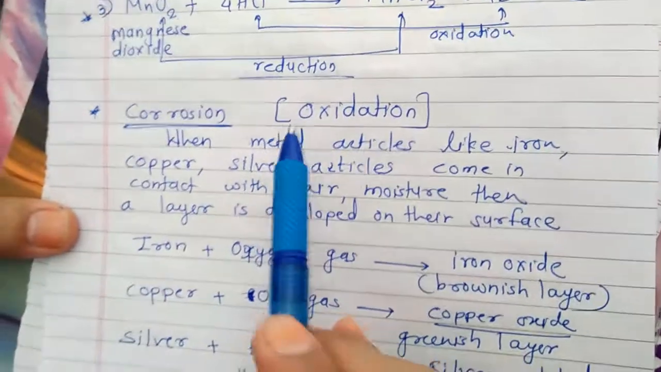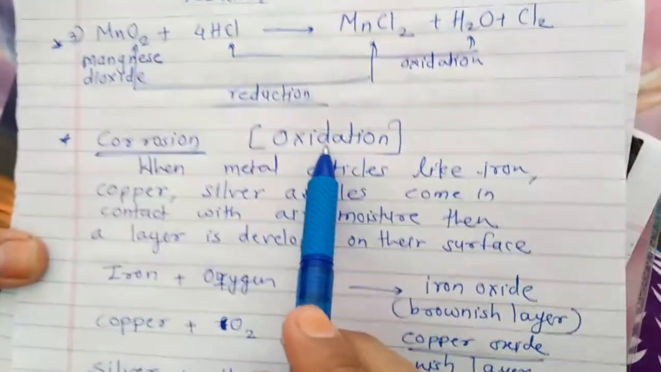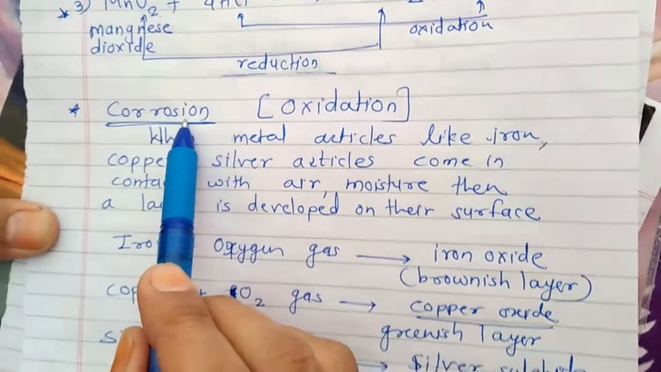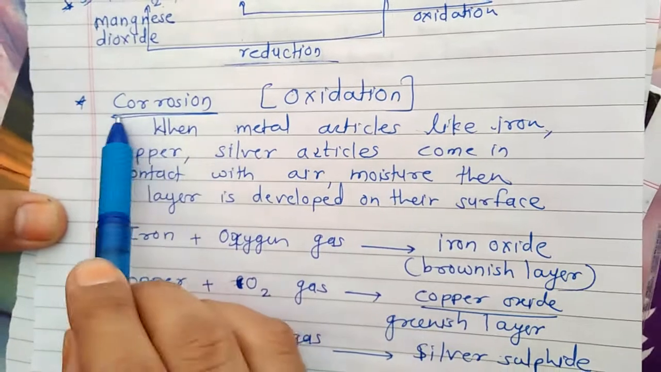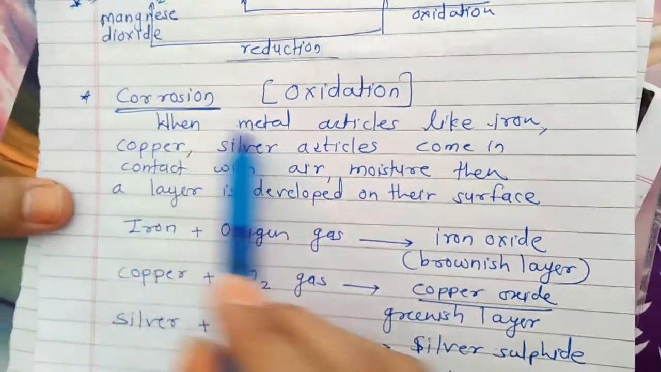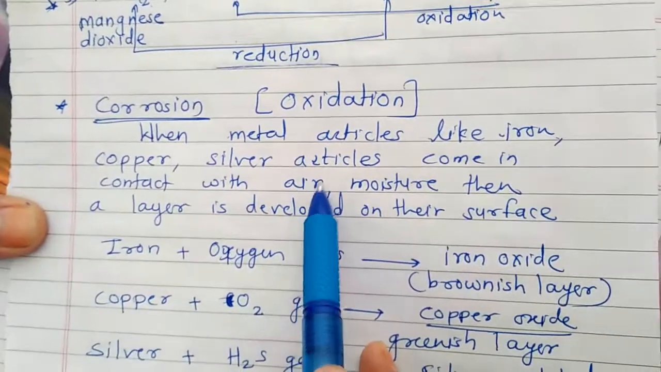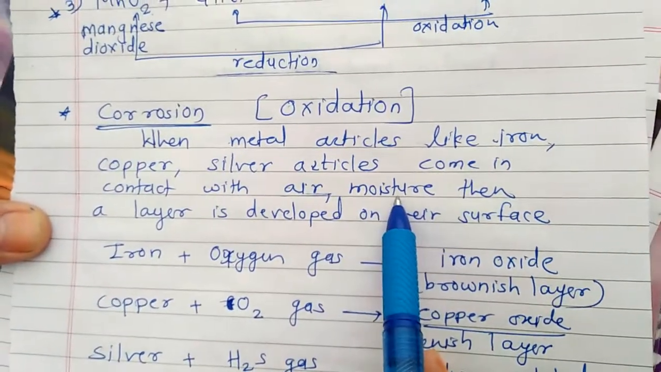Now we have to study some day-to-day examples of oxidation. We have two examples of day-to-day life oxidation. One is corrosion and the other is called rancidity. The corrosion topic is so simple. We know that when metals like iron, copper, silver come in contact with air, meaning oxygen or moisture, then they